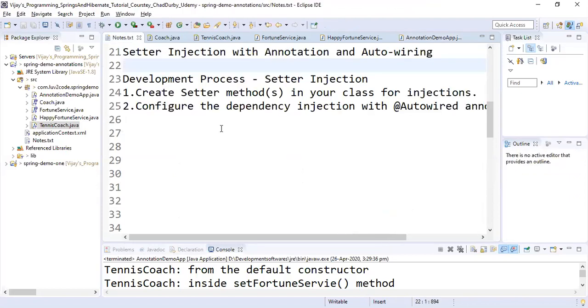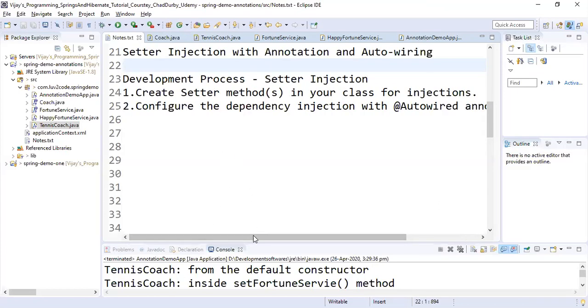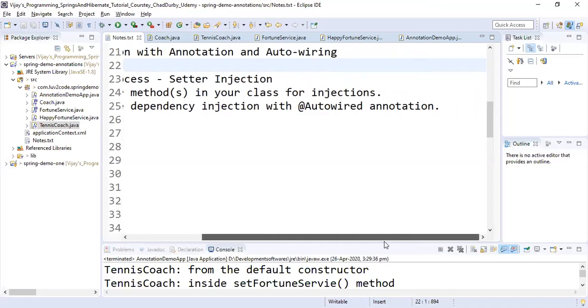So this is it for setter injection with annotation and auto wiring. As for the development process, it is only two steps: create a setter method in our class for injections, and second, configure the dependency injection by using the Autowired annotation.